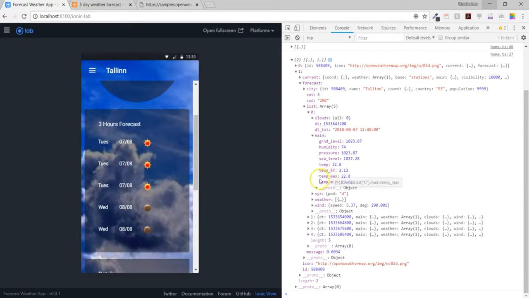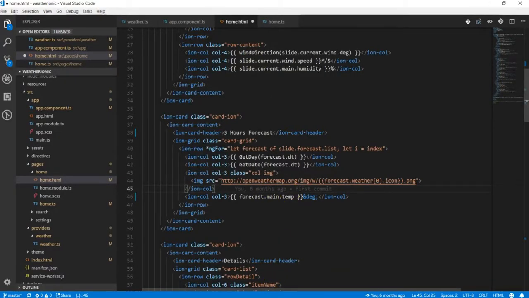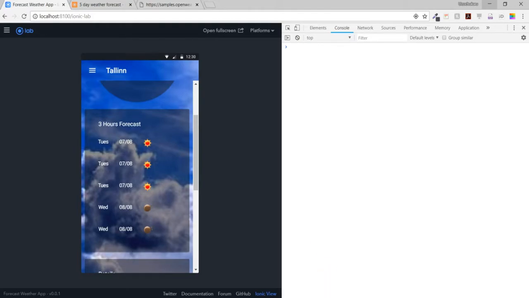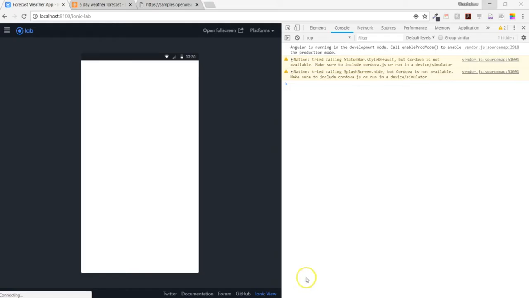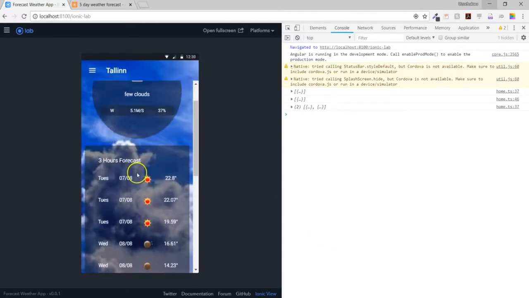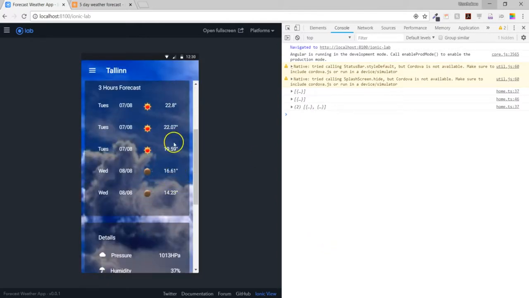If you want to display the maximum temperature, you can. If you want to display the minimum temperature, you can as well. Also, you can decide to create another field for displaying the pressure or the humidity, but I only want the temperature. So right now I'm going to save this. Let me first clear this part. I'll save this here, then go to the browser. Now I have the temperatures being displayed right here, but like I said, we need to make some changes to